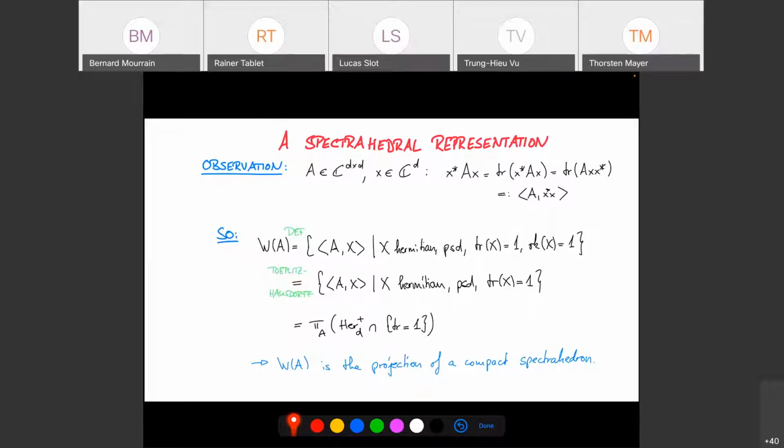A Hermitian spectrahedron. So I think that came up in Daniel's talk as well. Usually that's defined for symmetric ones, but for Hermitian ones, it's basically the same. Okay. So I have a spectrahedral representation of every numerical range. Essentially, the only things I've used are the definition and the Toeplitz-Hausdorff theorem. Otherwise, for this equality, I would have had to take the convex hull of the left-hand side.